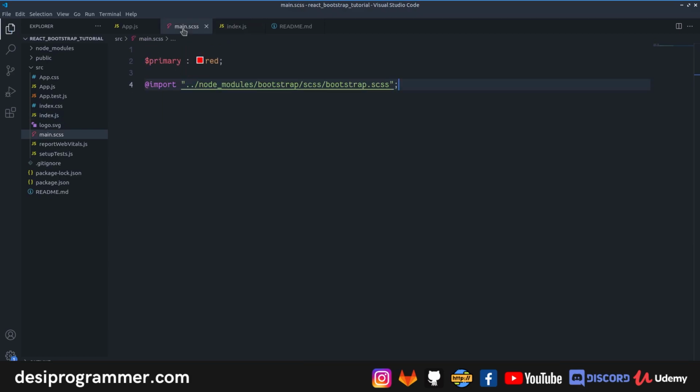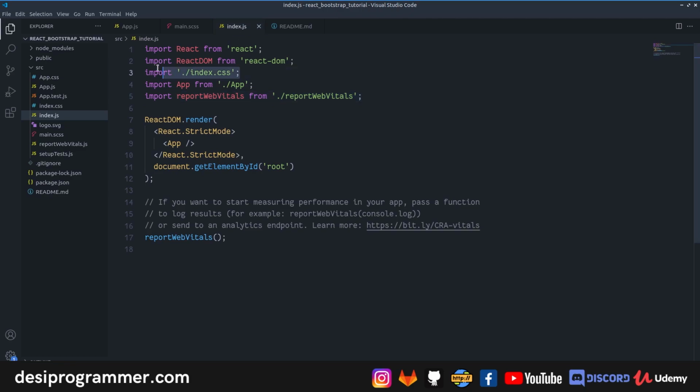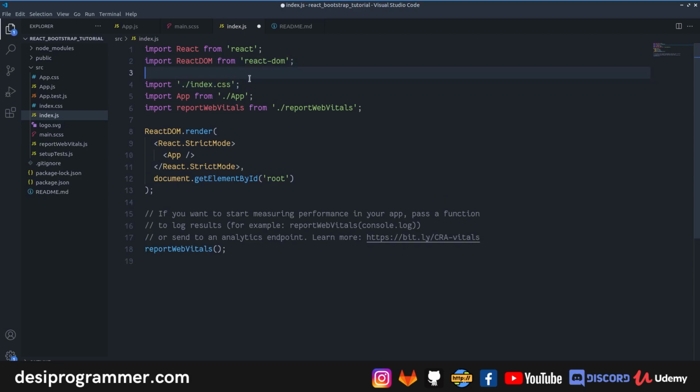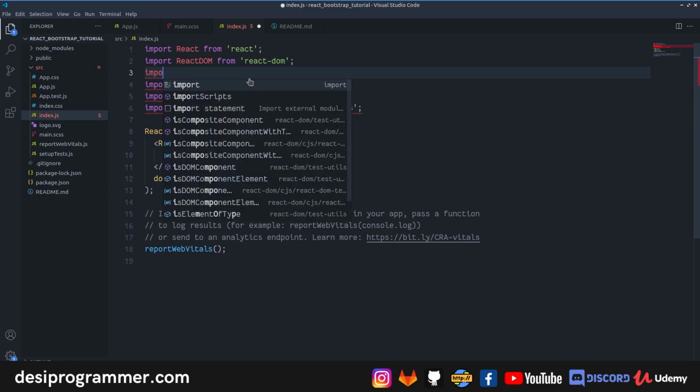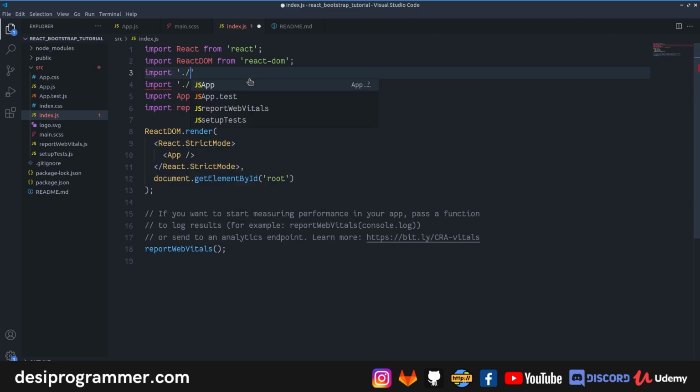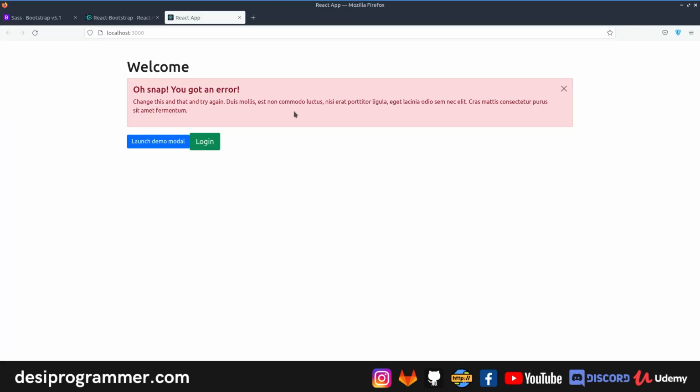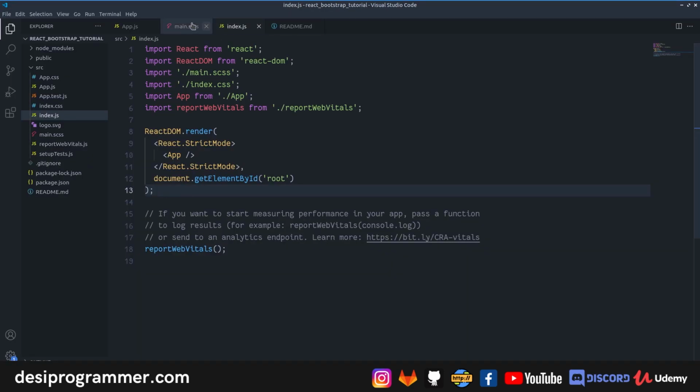Now what I want to do is that this is going to export Bootstrap CSS with all these overrides. So I have to import this particular file in my index.js, and I'm going to do that on top of index.css. I mean, it's simple. Basically, if I do here, index.css will overwrite anything that I overwrite. So I'm going to do import ./main.scss. Save this. Let's go back. Now let's reload this. And as you can see, this will now be red. Why? Because, well, we have changed our primary color to red.